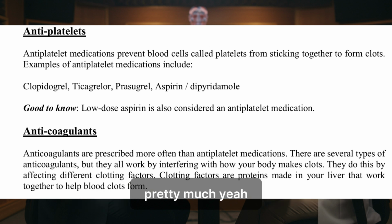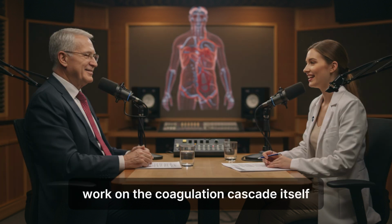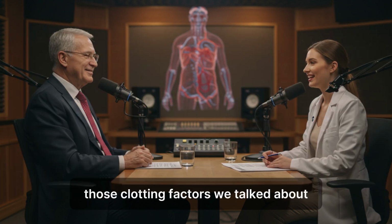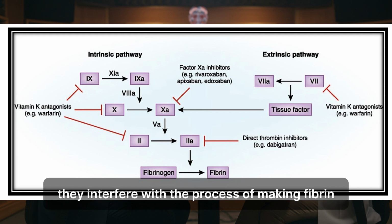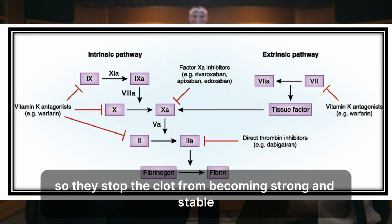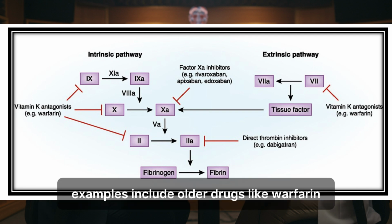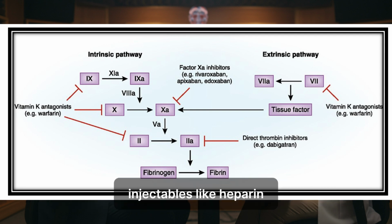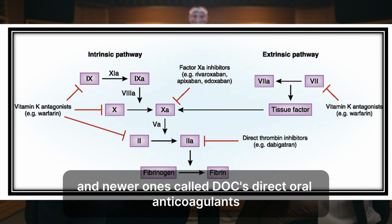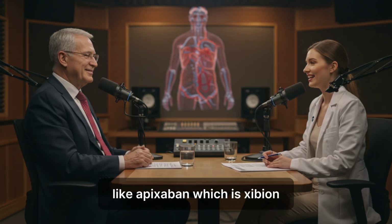Pretty much, yeah. Anticoagulants, on the other hand, work on the coagulation cascade itself, those clotting factors we talked about. They interfere with the process of making fibrin, that meshwork. So they stop the clot from becoming strong and stable. Exactly. They reduce the blood's ability to form fibrin clots. Examples include older drugs like warfarin, injectables like heparin, and newer ones called DOACs, direct oral anticoagulants, like Apixaban, which